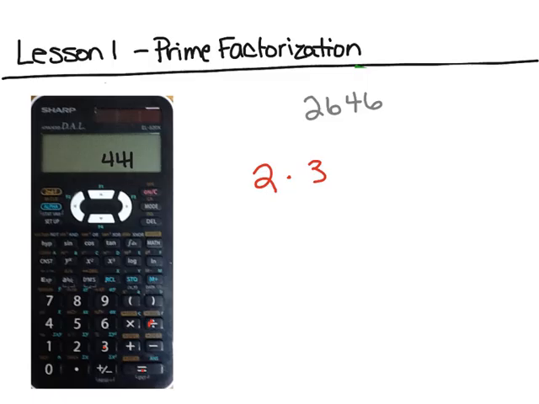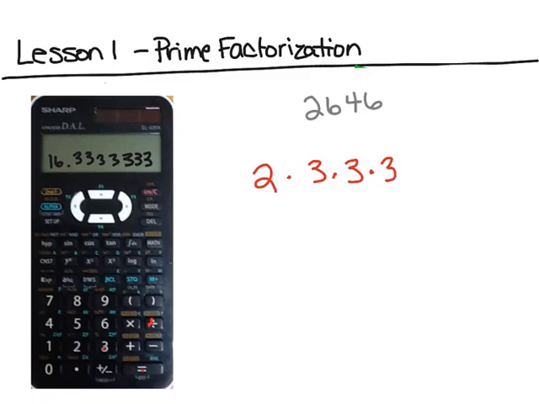So that one worked. Let's try 3 again. So divided by 3 equals 147. So that works. So type another 3. Now let's try 3 again. So divided by 3 equals 49. So that worked. So we'll put another 3. Let's try 3 again. So divided by 3 equals, now you get